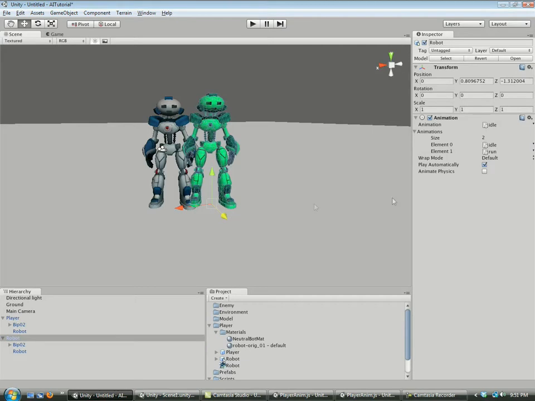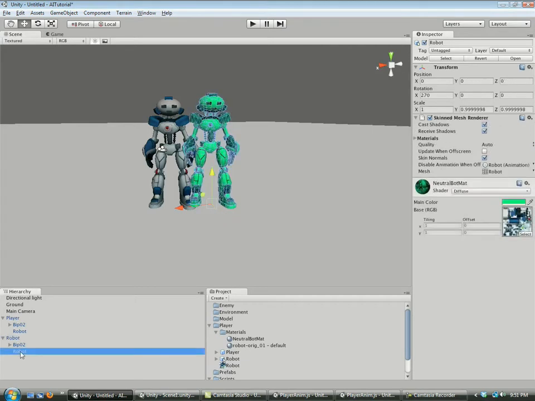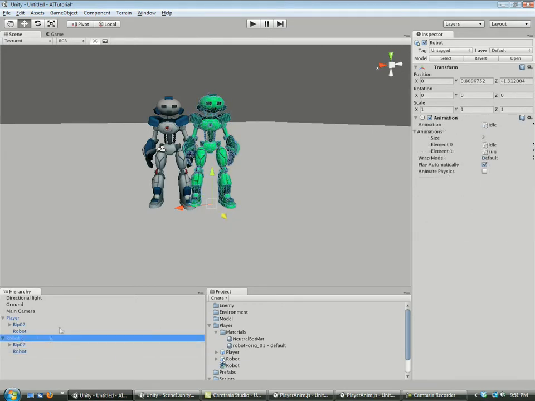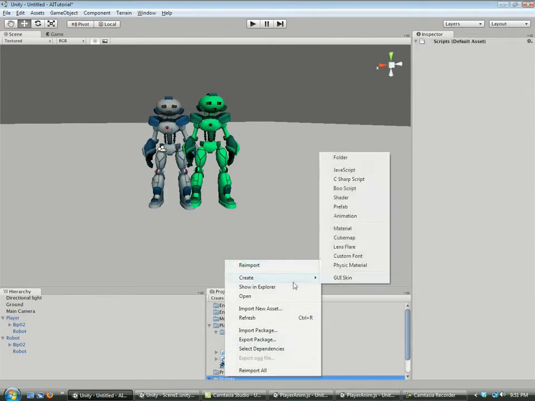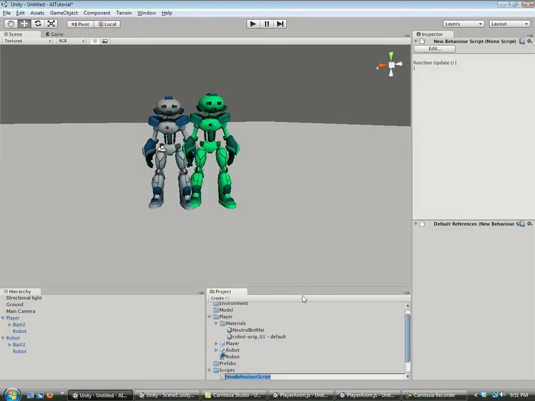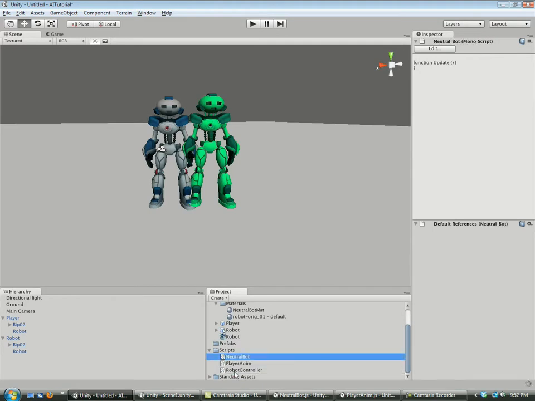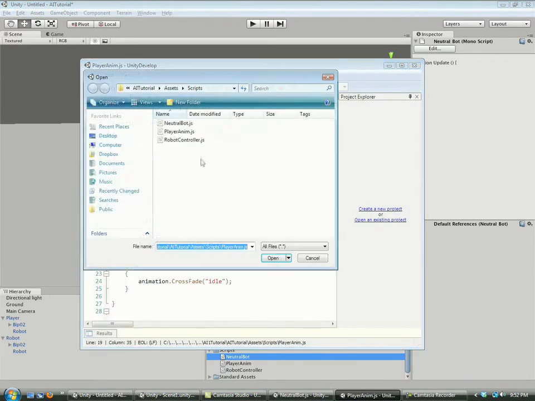Now we don't want any of these scripts on there because that's just for our player. We want to create a script called neutral bot. Open up our neutral bot script